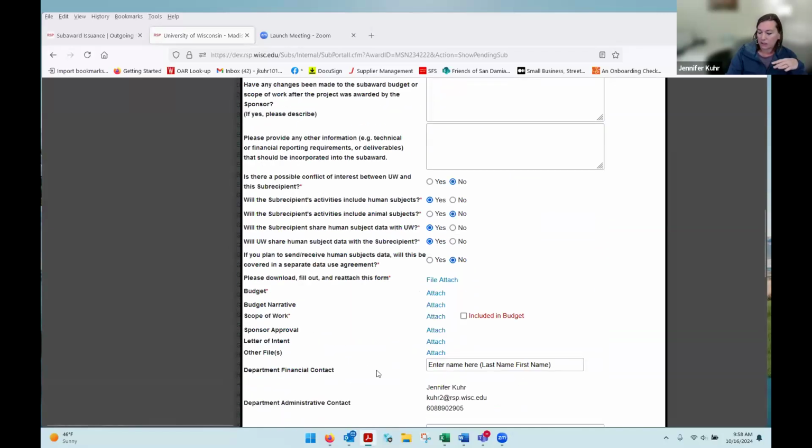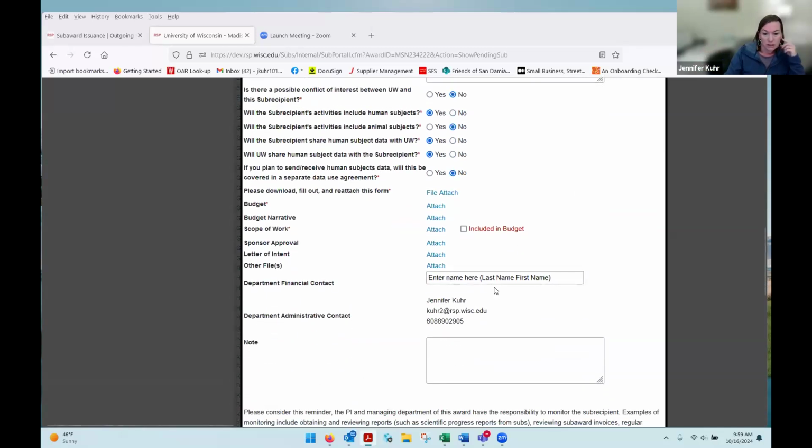We've had some issues with some of the Texas entities where they all have kind of the same name. And so we'll have entities where you're subbing to University for Texas A&M, and Texas A&M Agricultural is separate from the regular Texas A&M. And so if we have a letter of intent, that allows us to kind of sort through that and make sure that we're using the correct entity. State University of New York is another one that tends to trip us up a little bit. You enter in a contact, and then that goes